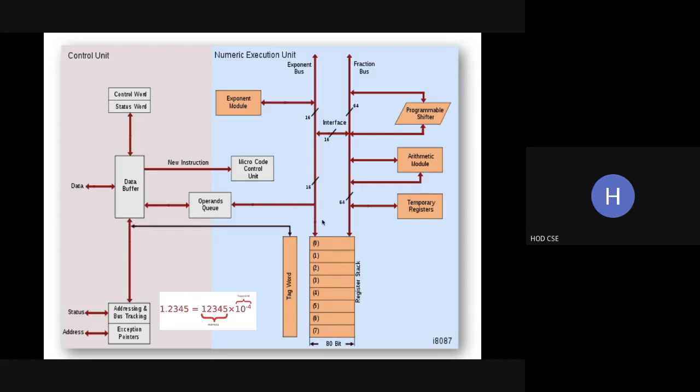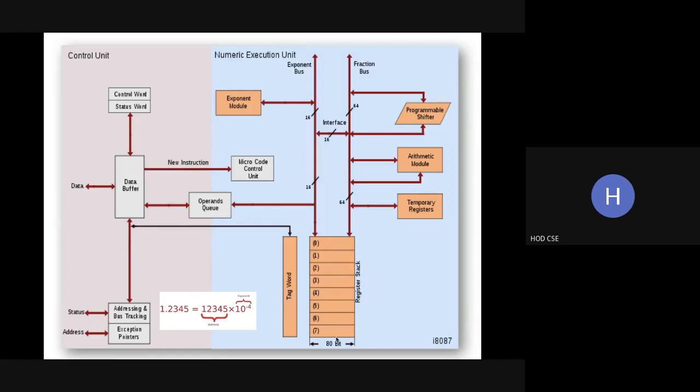So let's see here. This is the exponent bus. Here we have a cross, no? This line refers to 16 bits. That is, the exponent part is 16 bits, as you can see where the cursor is. And see here, this is the mantissa part, the fractional part. Here we have 64, so 64 lines will be there, and here 16 lines will be there. So all 80 bits of these registers will be used for all the operations.